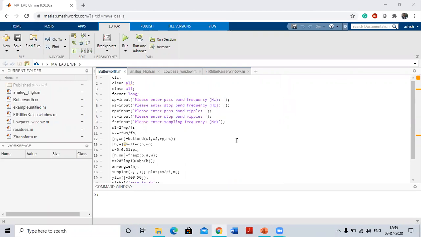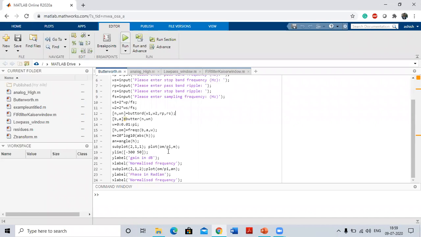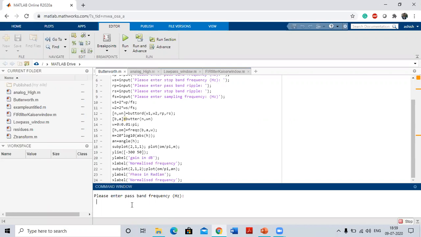I pasted the low pass filter code here and run. It asks for the inputs: passband frequency 1500, stop band frequency 3000, passband ripple 0.2, stop band ripple 60, and sampling frequency 7000.